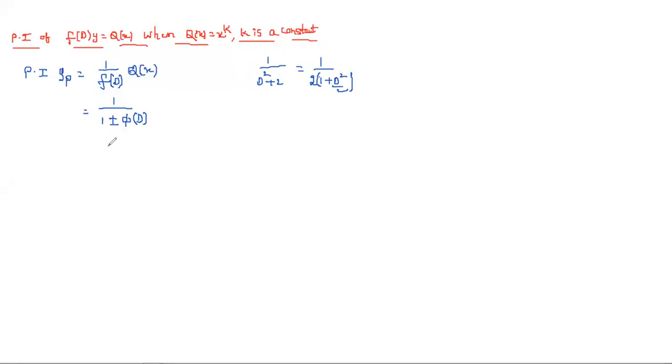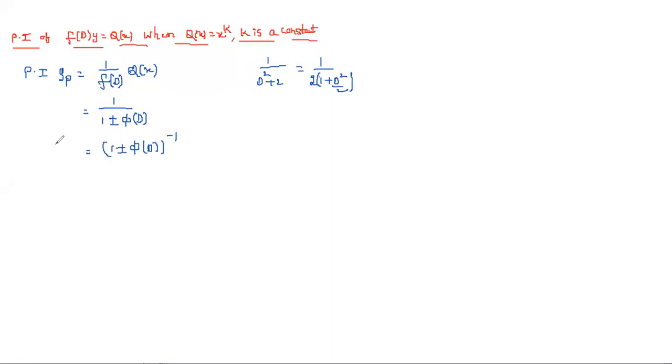After converting this, you need to take this into the numerator, so either it is having plus or minus, whole power minus 1. That may be 1, or 2, or 3. Max you have 1, 2, 3. After that, by using the binomial expansion, you need to expand this. After writing the expansion, you multiply with whatever polynomial is there, and then we get the derivatives and we get the solution for that yp, the particular integral.